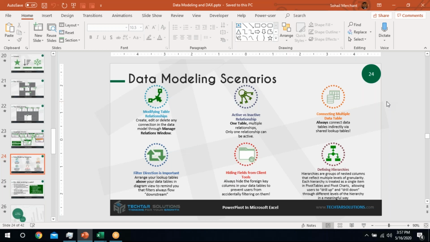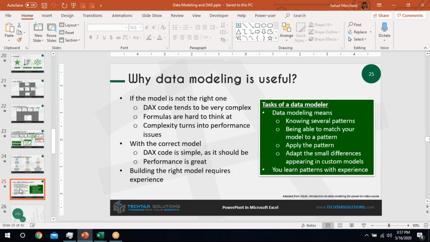Further on, we are now moving to Power Pivot actual analysis, how we do analysis in Power Pivot. Before that, just a recap of why data modeling is useful, because it helps us to find correct relationships, turns complexity into performance, and we can easily write and think for the complex formulas.